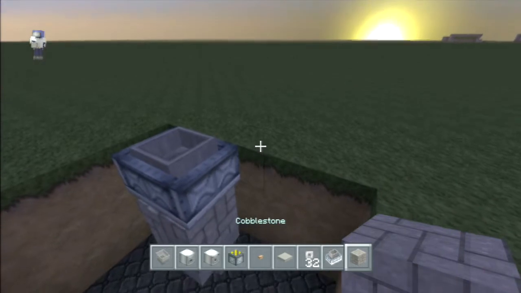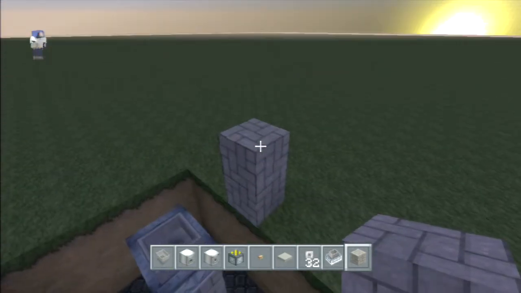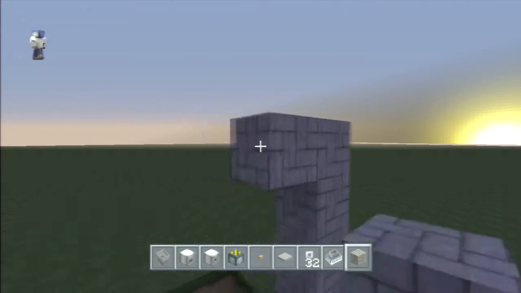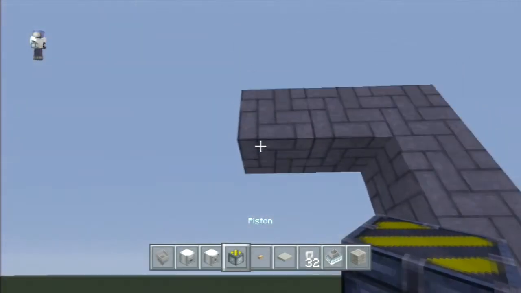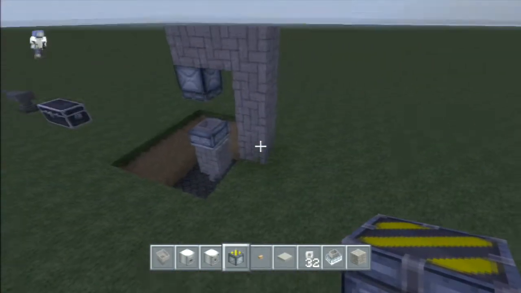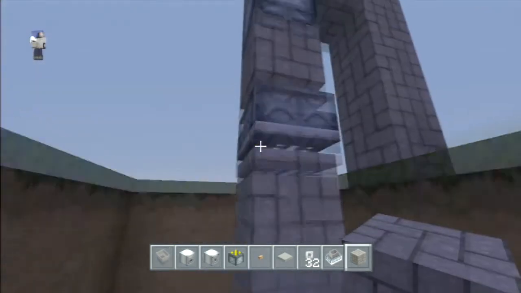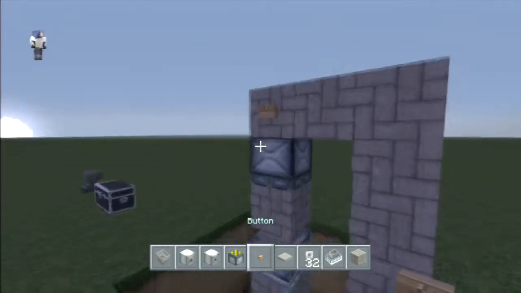And then what we're going to do is we're going to build up and over, because I need to go up one more, because ultimately what we want to do is we want to push a block down into that minecart with the hopper. So we'll go back down, place a block there, and we'll go ahead and get the button out, place the button up there,